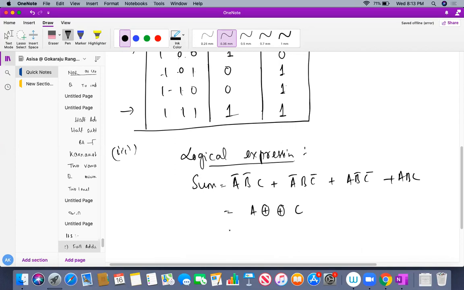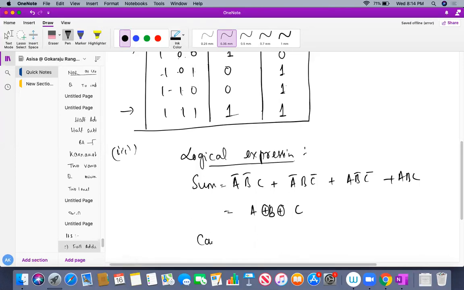Okay, so do you all understand, students, what I have to do? If you solve it up, obviously you will get finally A XOR B XOR C. I'm not doing this because you have already studied this in your BTech time. It's very simple. You just have to apply the distributive laws, nothing else. So finally I will get A XOR B XOR C.